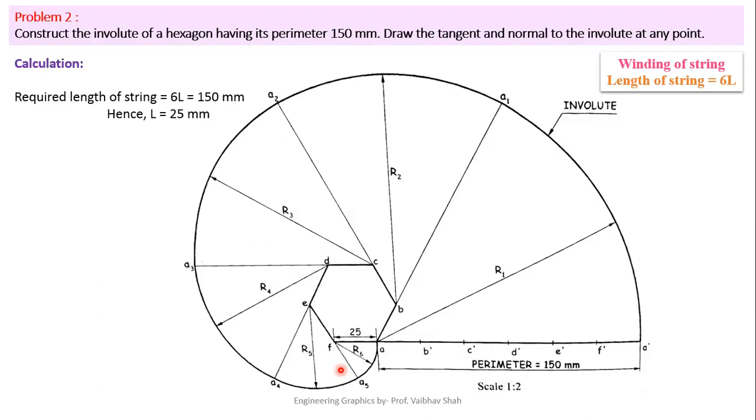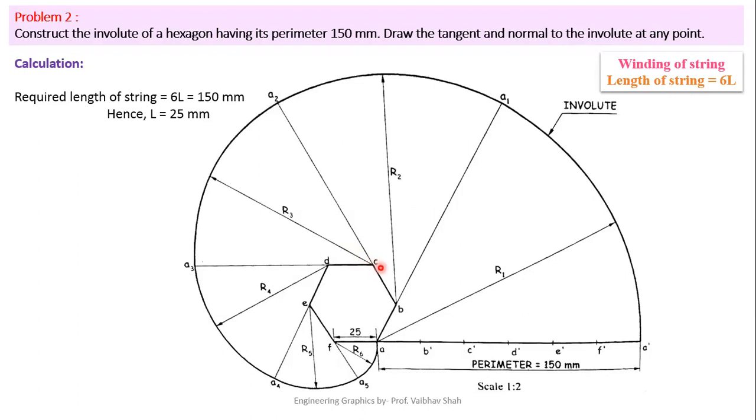Now after this, we will be having the final stage. So take out your compass. Now put your compass at center point A. Take the radius equal to A to A dash and try to draw this circular arc. This circular arc will cut the tangent line of B somewhere here at point A1. Now change the center to B. Now B as a center, BA1 as a radius, draw another circular arc, and this circular arc will this time intersect the tangent line of C somewhere here. You will have this point as A2.